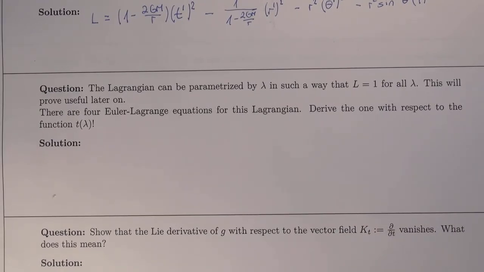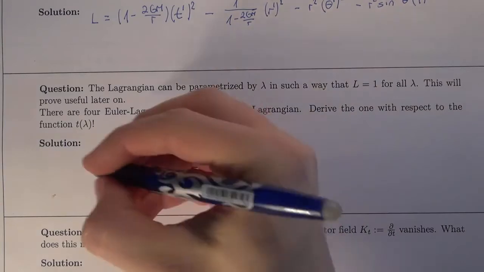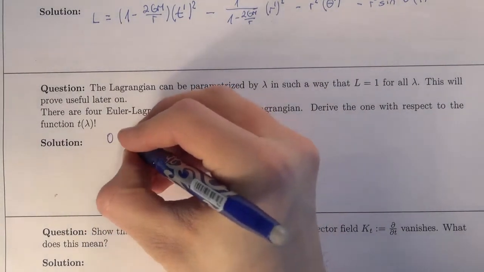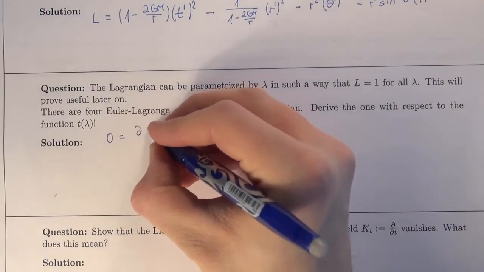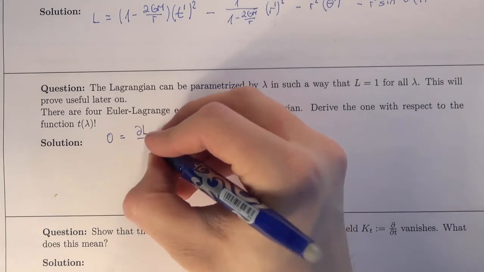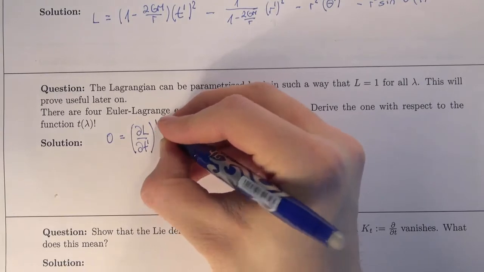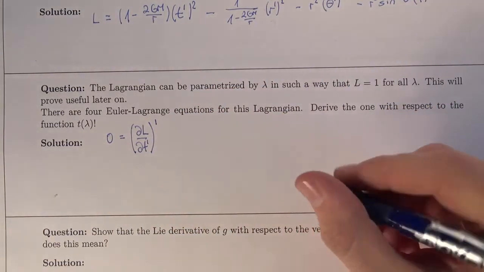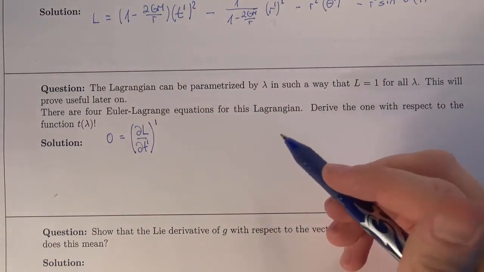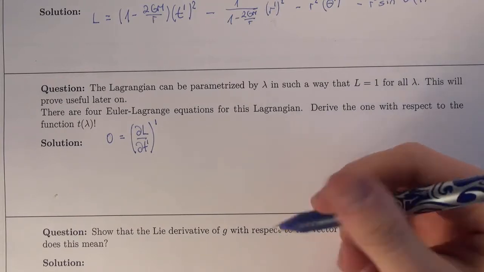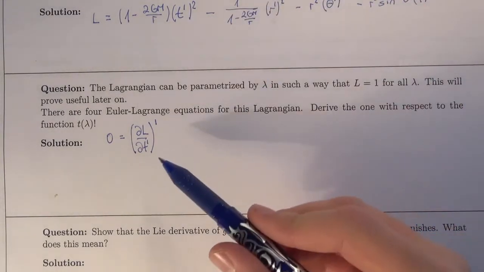We want to derive one of them, namely this one with respect to the function t of lambda. So the Euler-Lagrange equation is 0 equals d/dλ of ∂L/∂t prime, where the prime always indicates derivatives with respect to this parameter lambda,